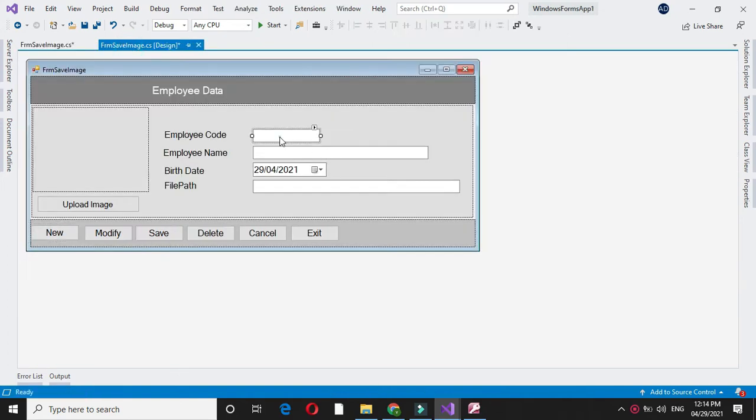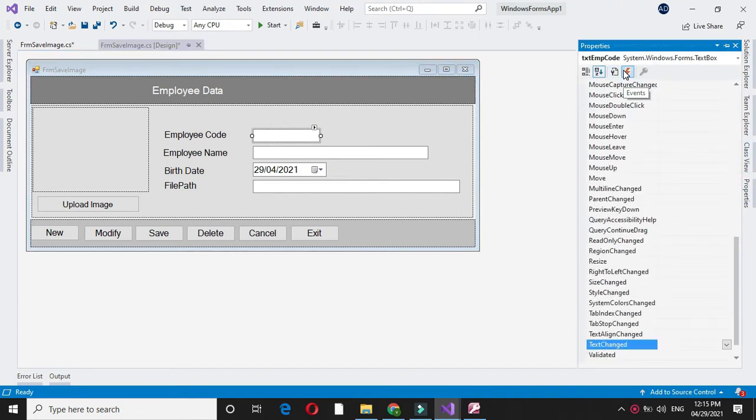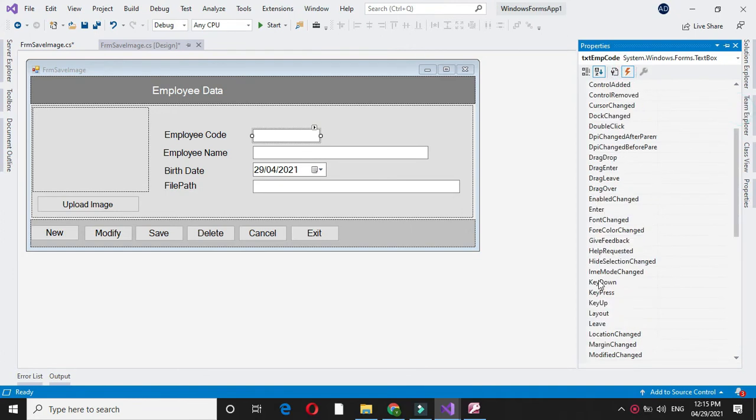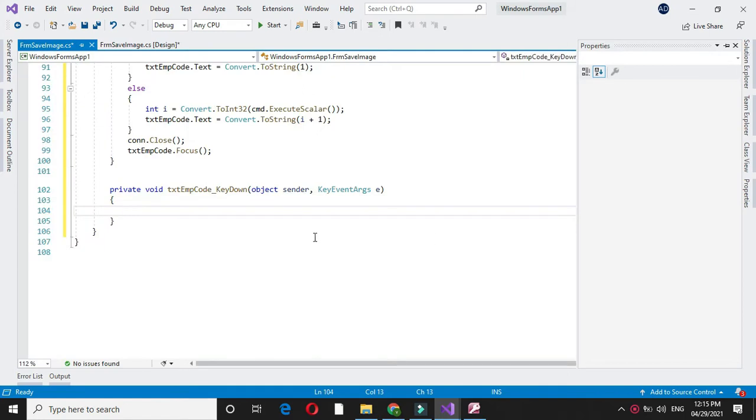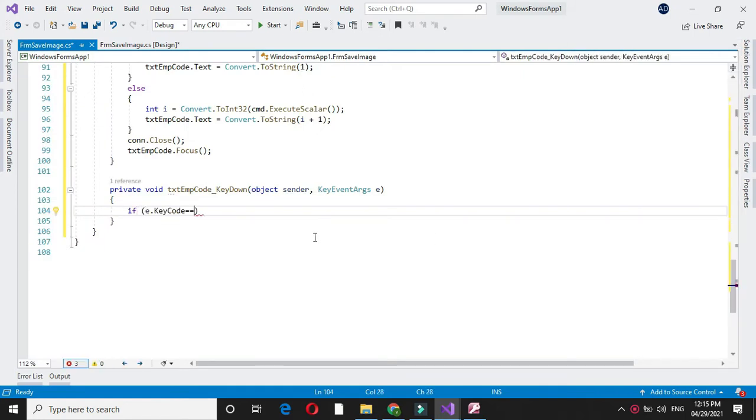Then on key down event of employee code, to generate employee code key down event we will select the text box and from event window we will select the key down event. We will check if entered key is enter key.